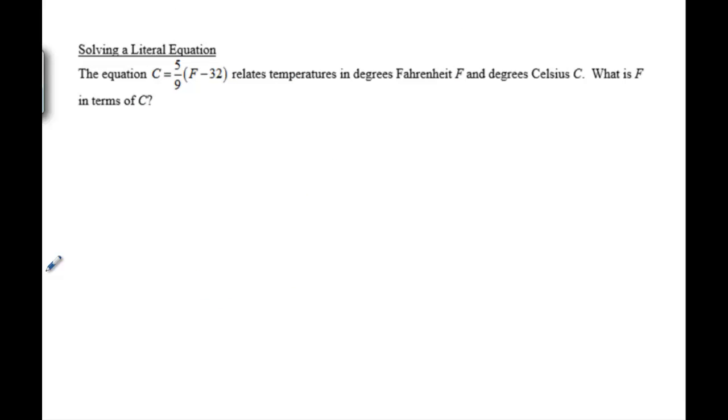The equation C equals 5/9 times F minus 32 relates to temperature in degrees of Fahrenheit and degrees Celsius C. We want, what is F in terms of C? In other words, we're going to flip this around and we're going to actually solve for F. So if we rewrite and say, okay, if I need to get F by itself, the first thing I want to do is get rid of this 5/9 on the outside. Well, in fraction form, the best thing to do, and in order to move it across, because it's multiplication, we're going to multiply by its reciprocal. So if we multiply by 9/5,